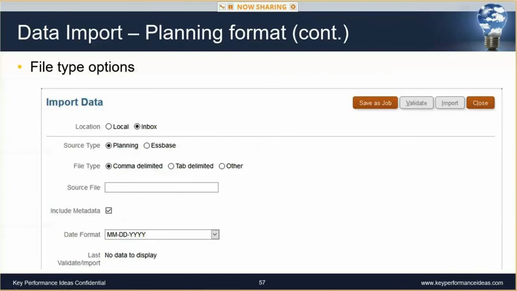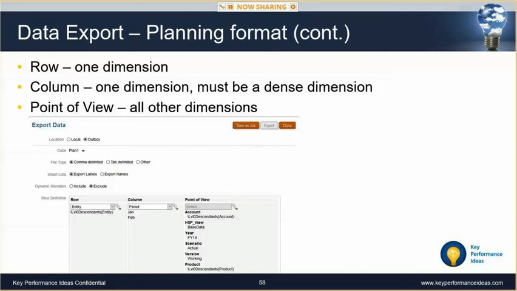So to do a planning format, in this case, we're going to, again, select the inbox. Our source type is going to be planning. We're going to do a comma delimited file. So in this case, what we want to do is,